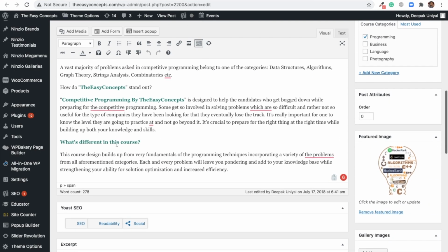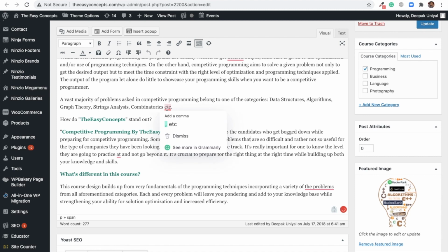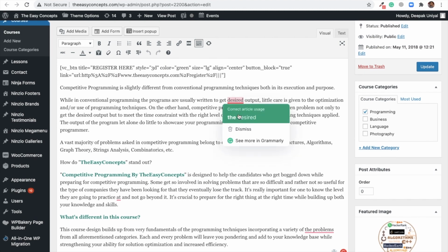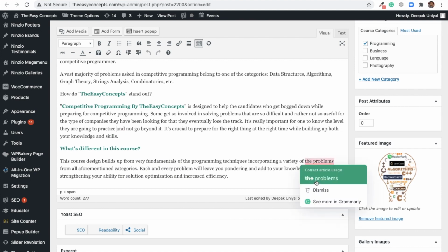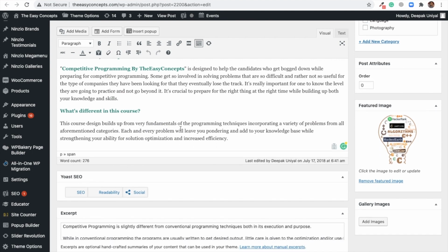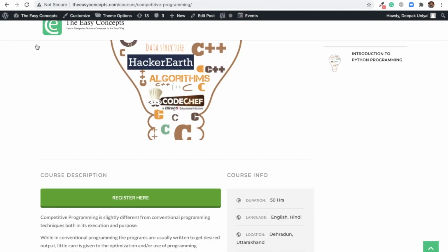I have not done much programming here. Everything is drag and drop, and I can edit here. Now you can see the changes. I think there are some grammatical mistakes here. Now everything is edited, right? I will update this page, and whenever this page is updated, you can refresh it and see the changes here. Clear? So that's how WordPress works, right?